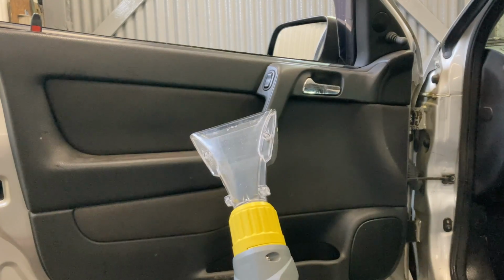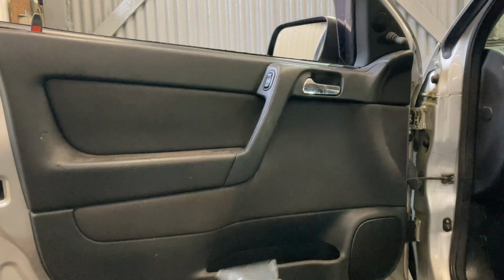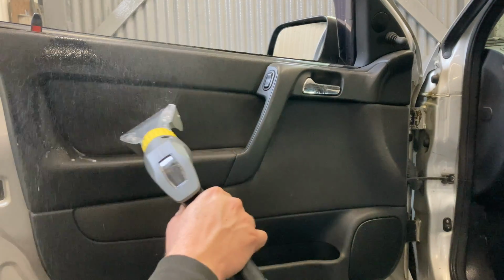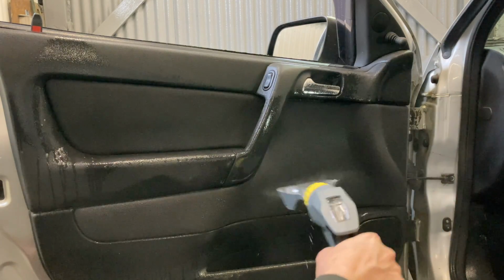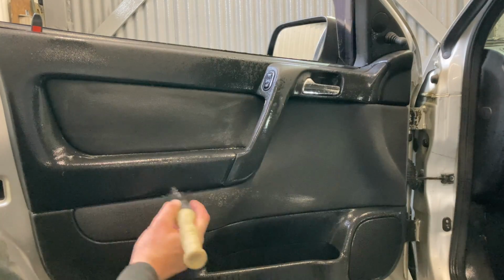So doing the door pocket, it can be quite hard to use a tool for all the nooks and crannies. You spray it, like that. And with your stipple brush,